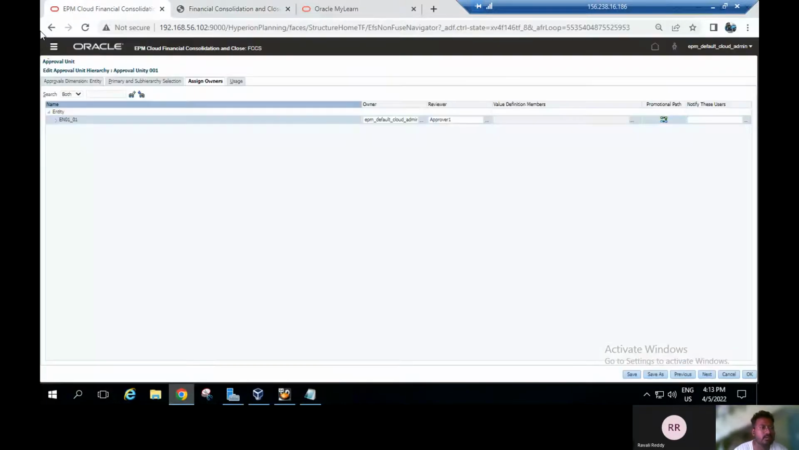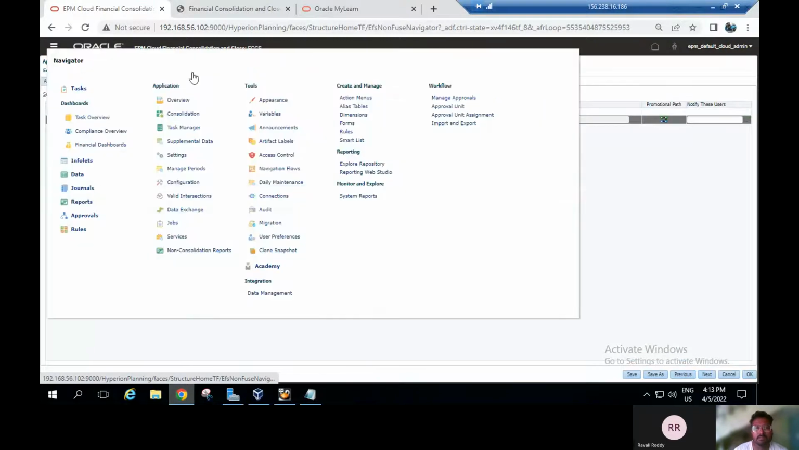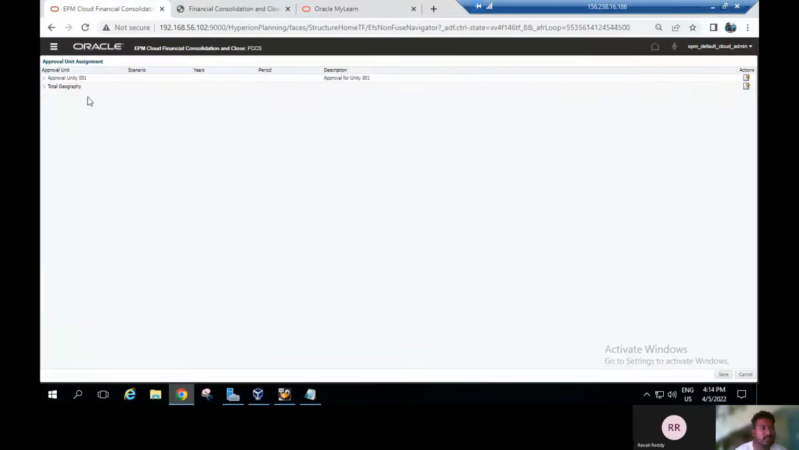Click on navigator and select the approval unit assignment. Here I selected approval unit 001 created previously. As per the documentation, for scenario I have given that as well, and year is 21 and period is Jan. That's the process of creation of approval unit assignment. And coming back to the documentation,